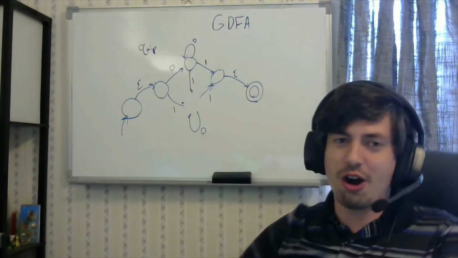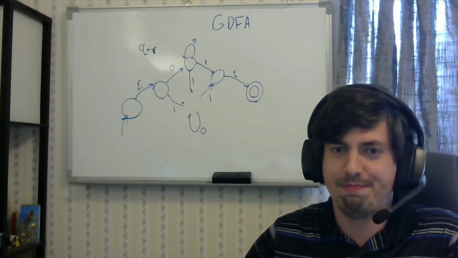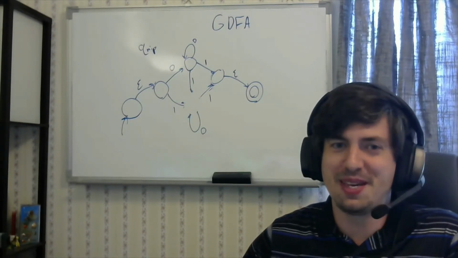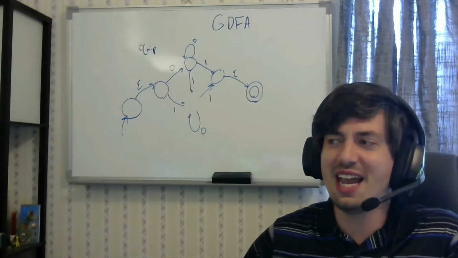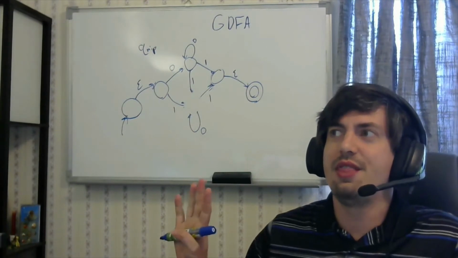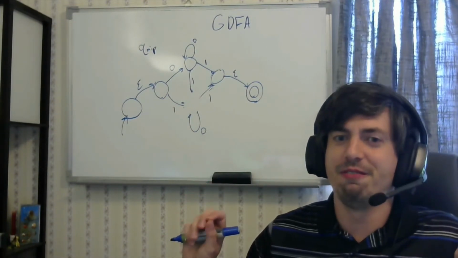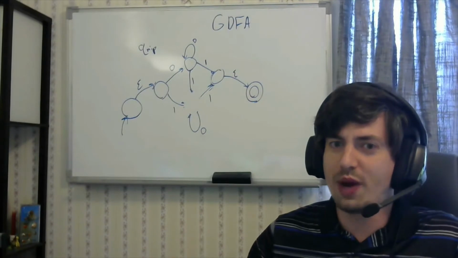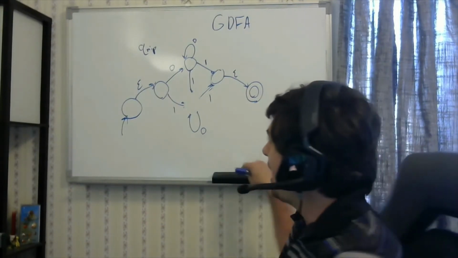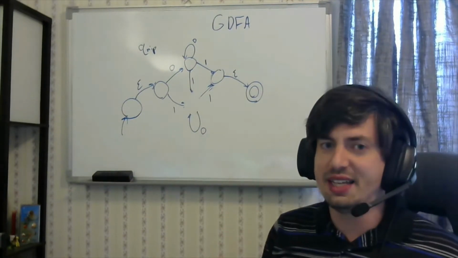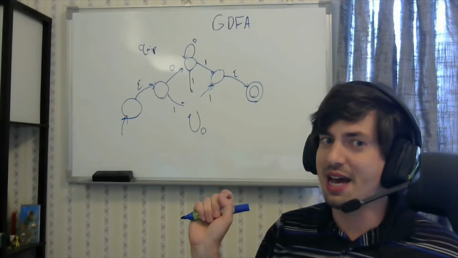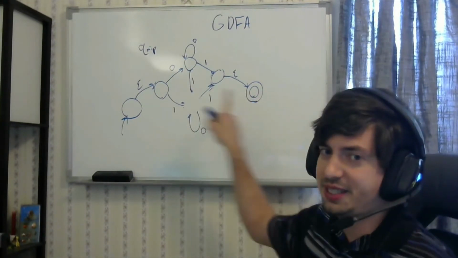The state that we are arbitrarily choosing to remove from the graph. Now, obviously, we've got some problems here because now we've got a bunch of dangling edges, and we need to make sure that however we fix up whatever is left, the fixed up version of this finite state machine recognizes exactly the same languages that the original one did. And the nice thing about this right now is there's only one accept state and one start state.